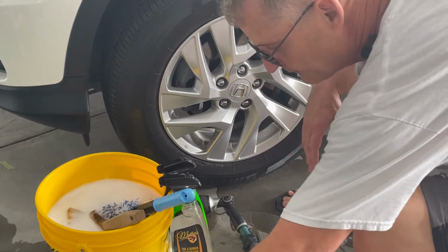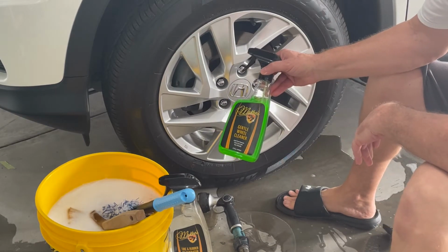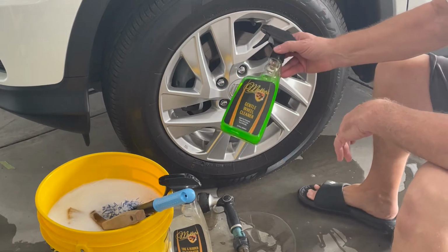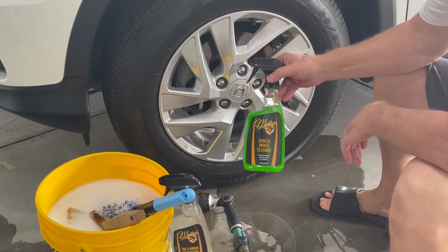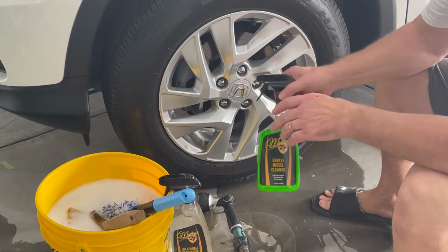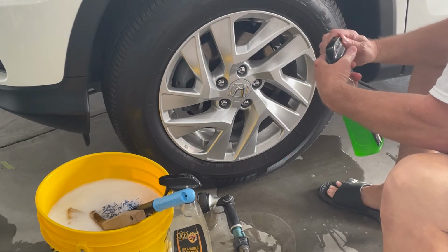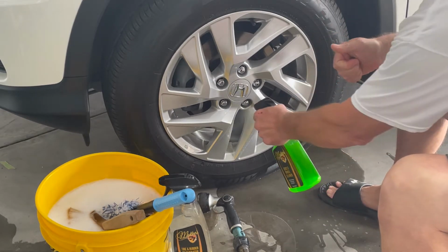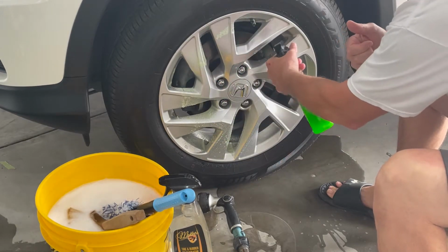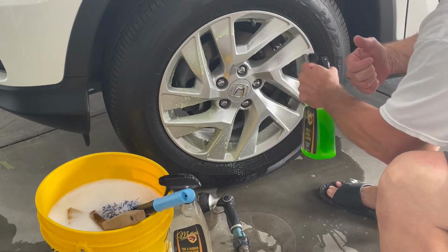Helps with lubricating everything. For a wheel cleaner, I'm going to be using the McKees 37 Gentle Wheel Cleaner. This is formulated for people that keep their wheels up. They don't let them get all crusty and real dirty. So these wheels aren't that dirty, so I keep after my wheels. So this is all I really need. I don't need a real potent wheel cleaner. So we'll give them a